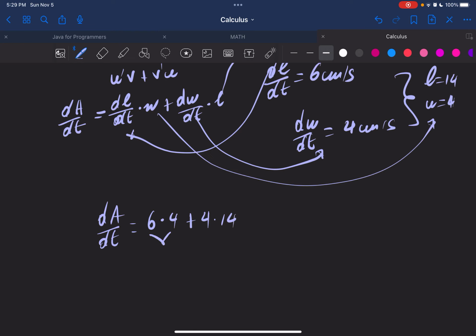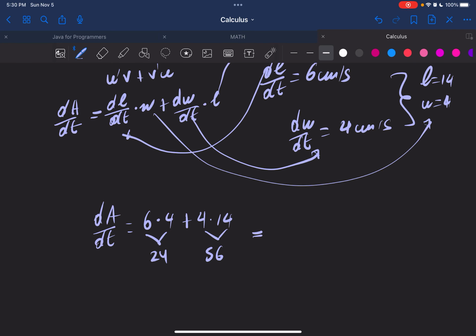So 6 times 4 gives me 24, and 4 times 14 gives me 56, if I'm right. Let me just check on my calculator. So 14 times 4 is 56, and 6 times 4 is 24, and when I add them together, this gives me 80. So the area is changing at a rate of 80